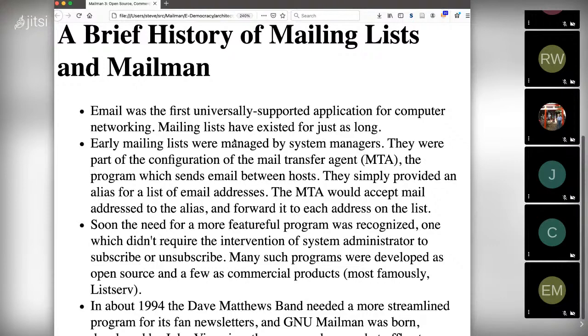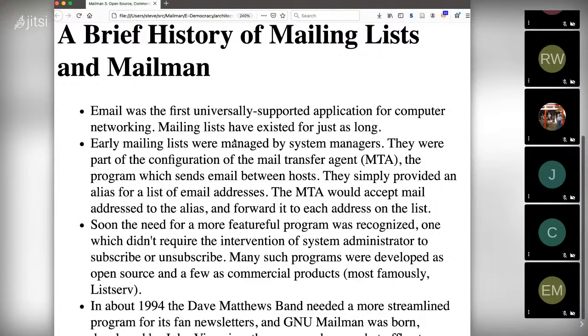There's a commercial product called Listserv that I think was originally more or less free software, although I'm not sure whether it was free as in speech or whether it was free as in beer. And now it's a commercial product. And then, of course, there was Majordomo.